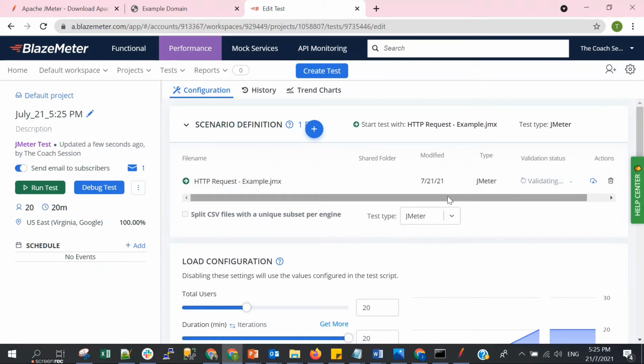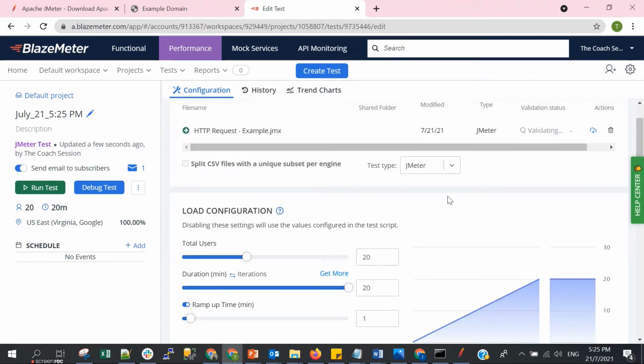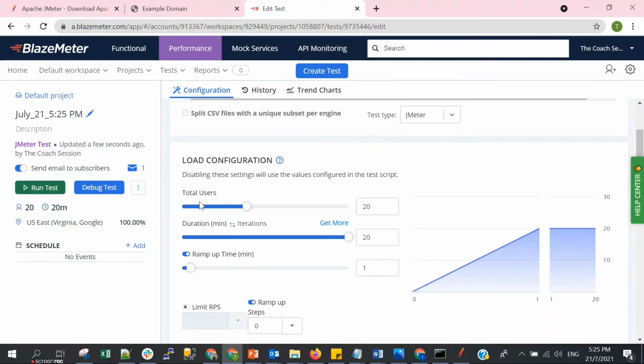Earlier, if you remember, I tested 10 users for 2 iterations. So in the load configuration, it actually captured from the file, which we can see is also 20, but you can override the parameter from here, the thread properties.